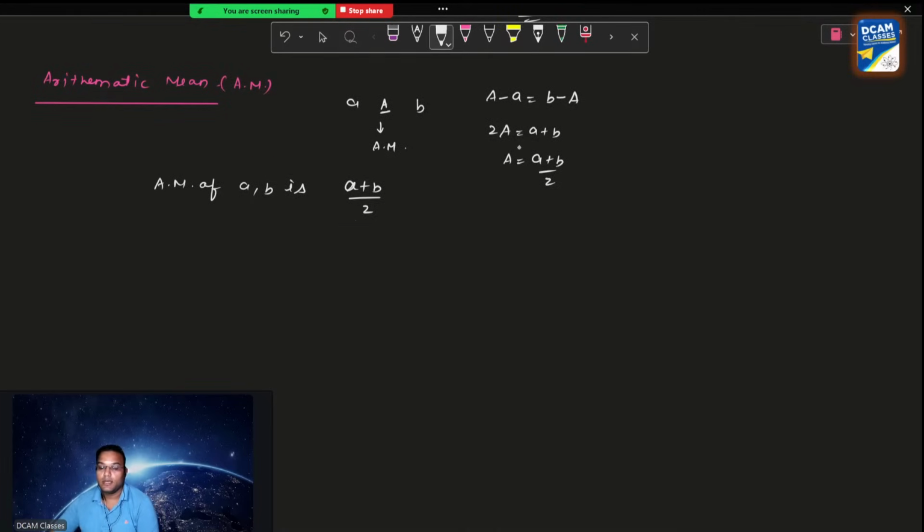Now there is another case. If there is only one arithmetic mean between a and b, the value is this. The AM between them is a plus b by 2. If there are n arithmetic means between a and b, like a, a1, a2, a3, up to an, b,